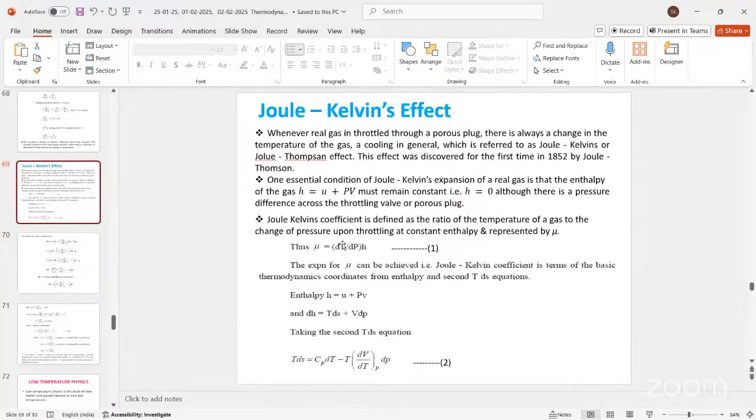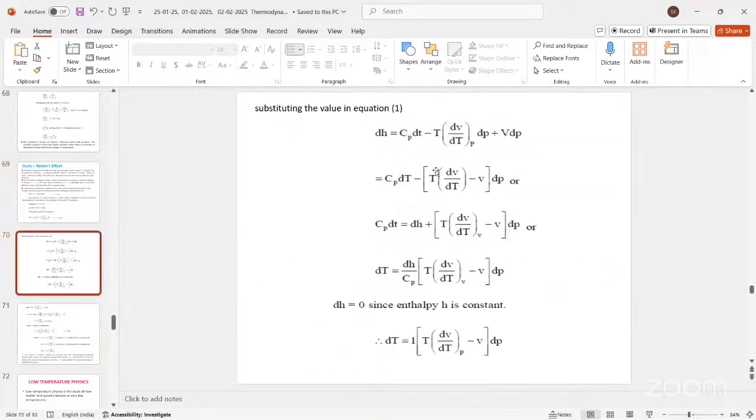What is the first equation here? mu is dT by dP at constant H. So we have Cp dT minus T (dV by dT) at constant p dP plus V dP. We are taking the derivative of Cp dT, capital D only here. Here also we will get